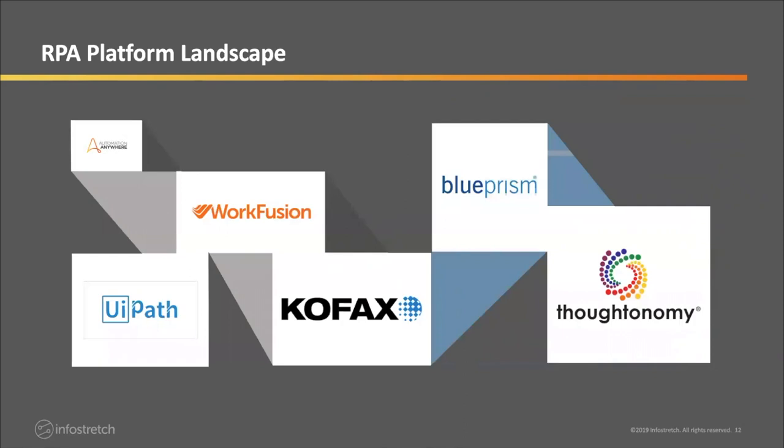Blue Prism and Kofax are more towards streamlining the process. They really lack the cognitive part of it, especially Kofax, when it comes to the RPA as against the RCA part of it. But I just wanted to lay out